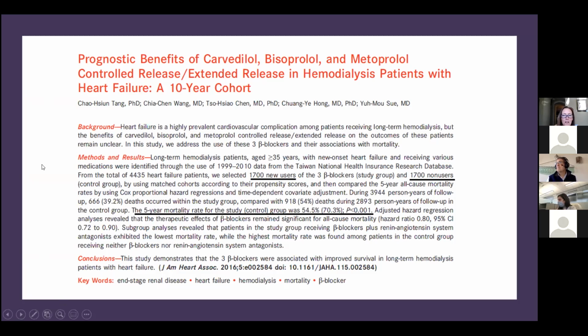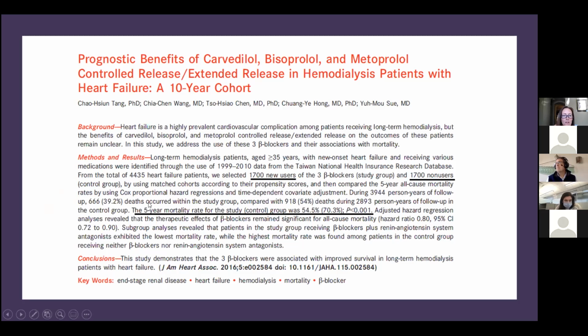Even though it's retrospective, taking the patients from their database of ESRD and heart failure, it's a 10-year study, and they selected 1,700 new users of beta blockers. And now this is all beta blockers, or 3 different beta blockers. It's metoprolol, carvedilol, and bisoprolol, versus 1,700 non-users, and matched according to propensity scores, and then looked at 5-year all-cause